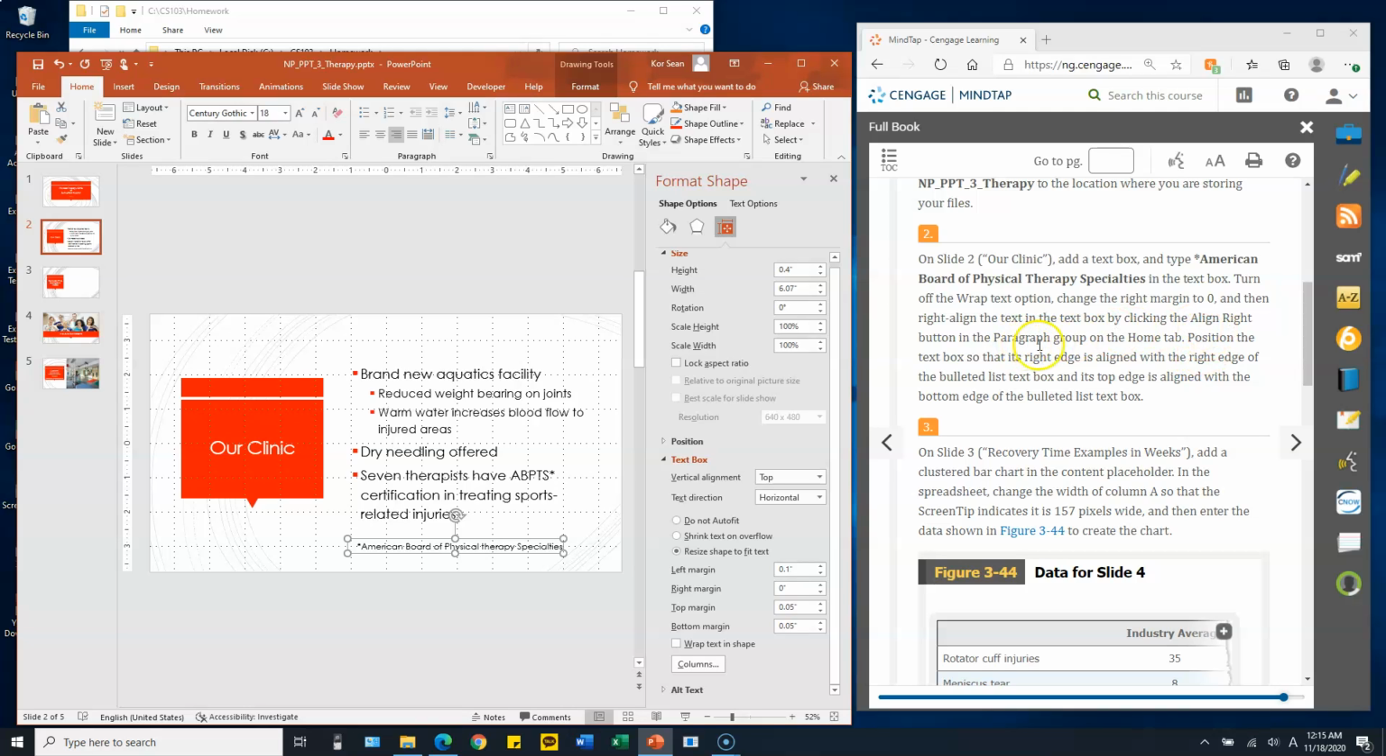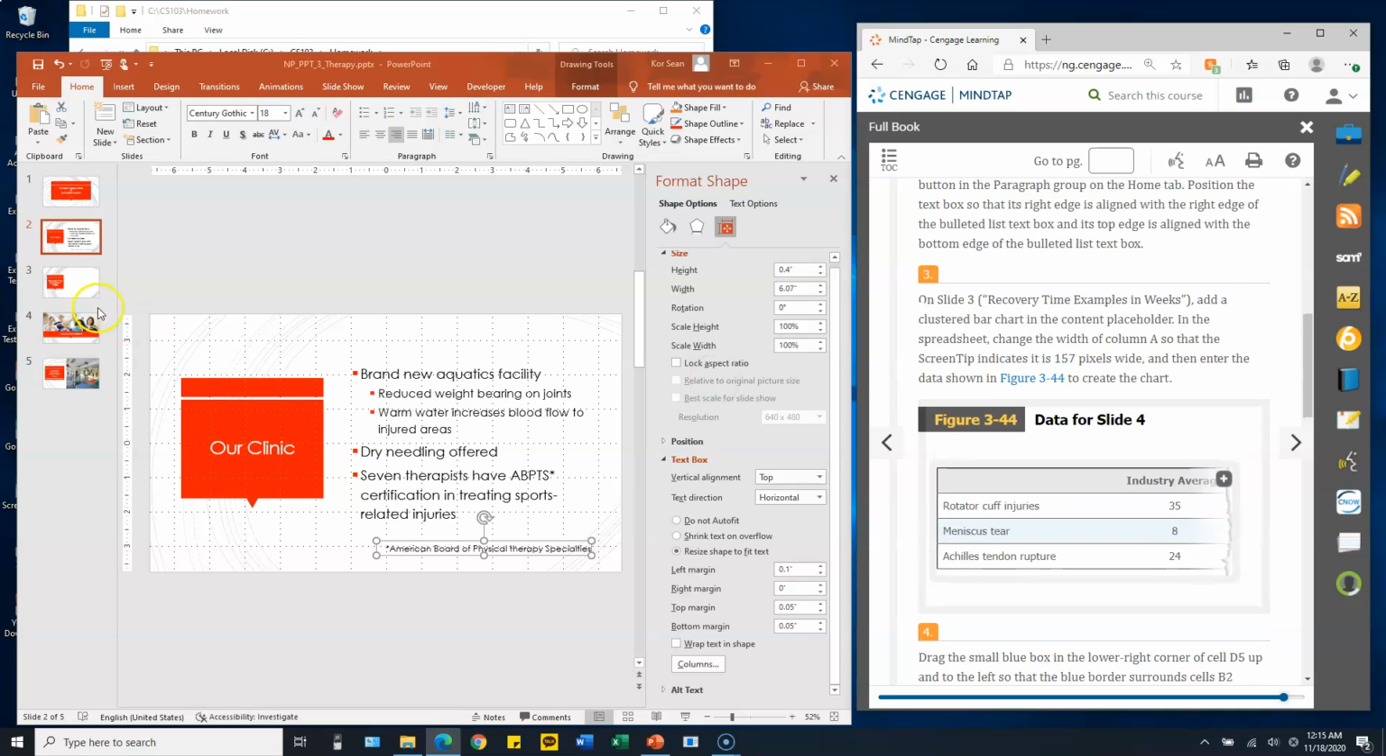Okay, next. Position the text box so that it is on the right edge. So move it, put it somewhere here. So this will be on the right edge of this text box. And then number 3, on slide 3,